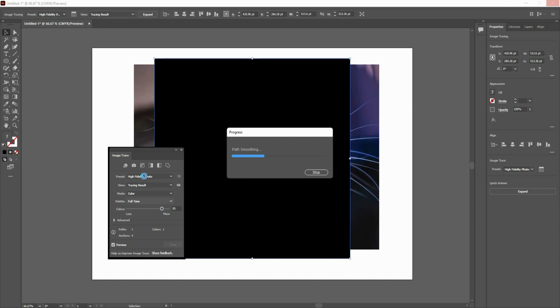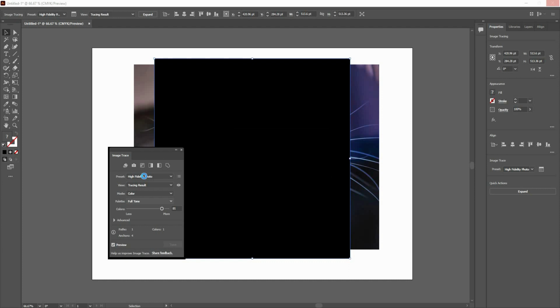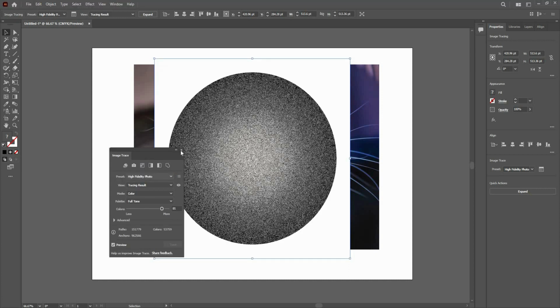This might take a while. It is a heavy effect. It will depend on your system. If you have a good system, then you can go ahead and try this effect. And if you don't, then I suggest you do not use this effect,